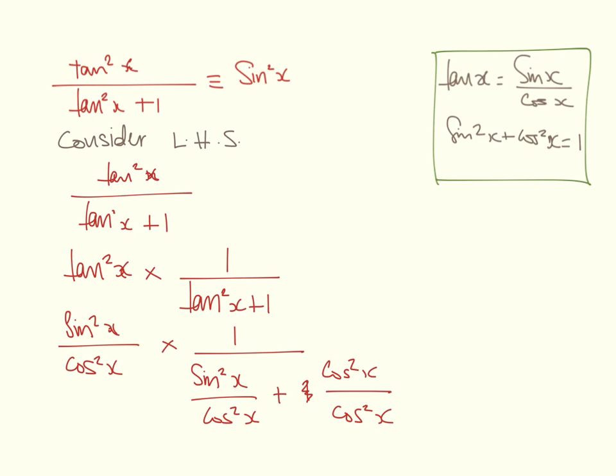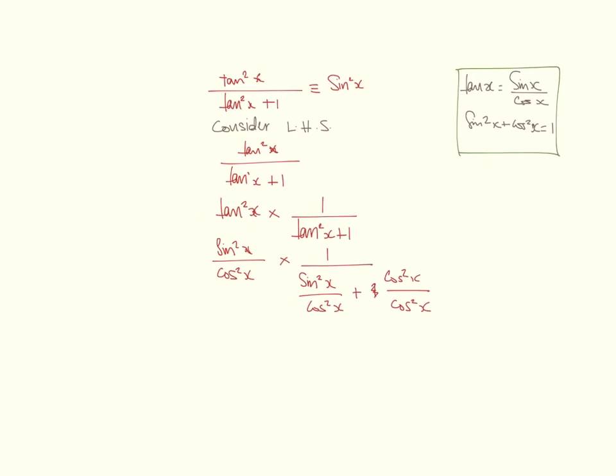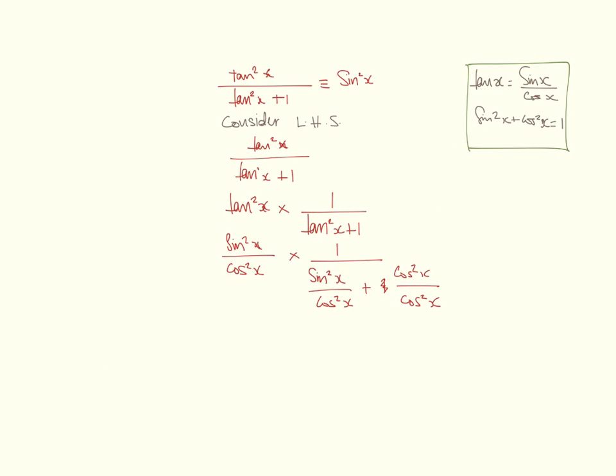And why did I think of that? Well, I've got a cos square x there, which means they're going to have a common denominator. And look at what's going to happen at the top there. It looks fantastic already. Or as one of my students would say, it's beautiful, sir, it's beautiful. So let's go. This bit here will stay the same, so I'll still have sine square x over cos square x multiplied by